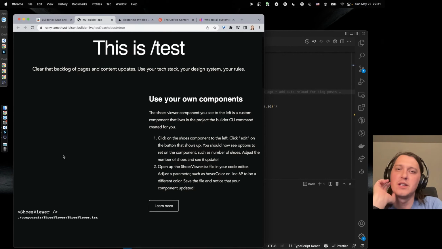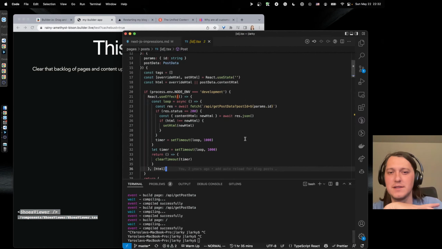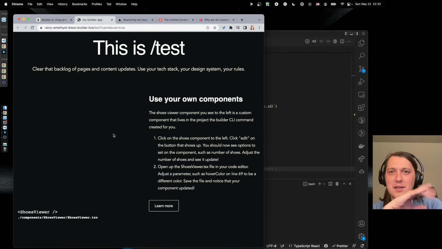So what Builder does, it allows you to integrate your own components into their CMS. So the funny thing about this is it's a local component that's only defined in this Next.js project. Not in this, but the one that we started before.